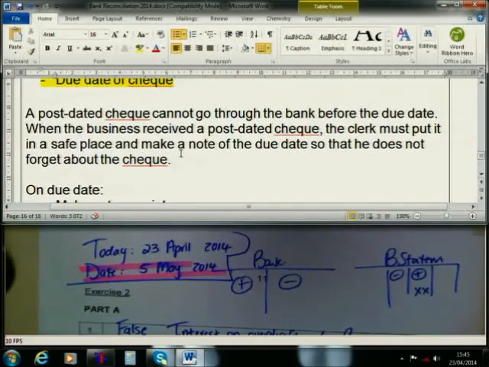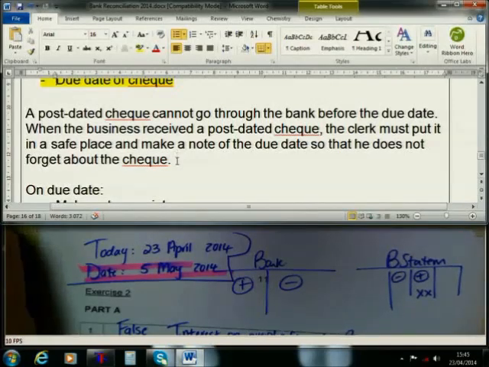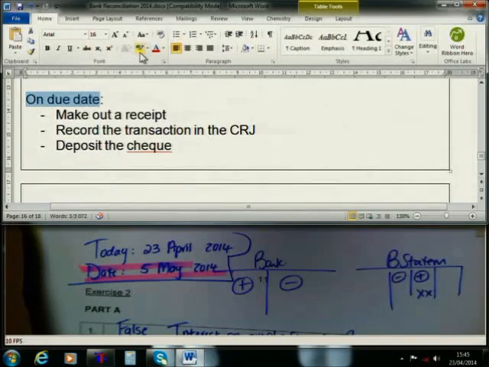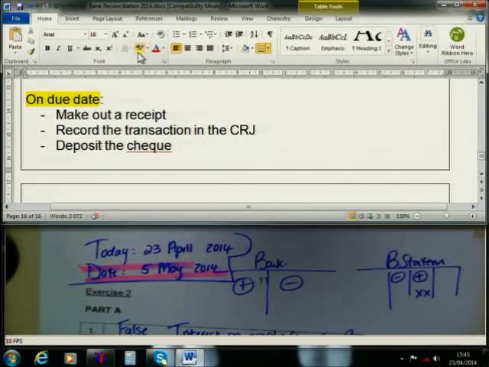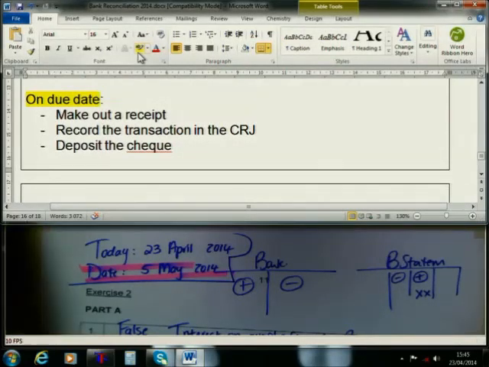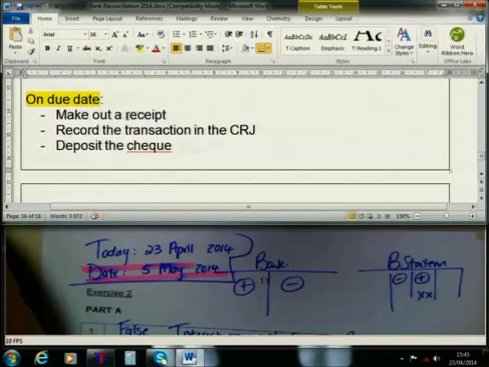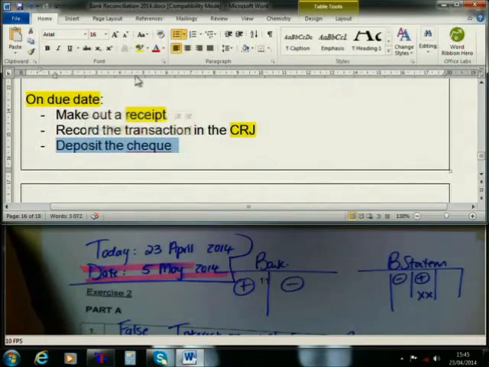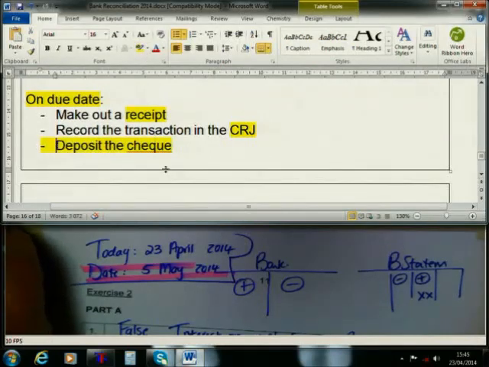That's why you can put it in your diary or in a book and you can show the date there. On the due date, what is going to happen on the 5th of May? On the 5th of May, we are going to write out the receipt, we are going to record the transaction in the CRJ, and we are going to deposit the check. So on the 5th of May, that is the due date on the check. On that day, you can write out your receipt, you can put it in your CRJ, and you can deposit